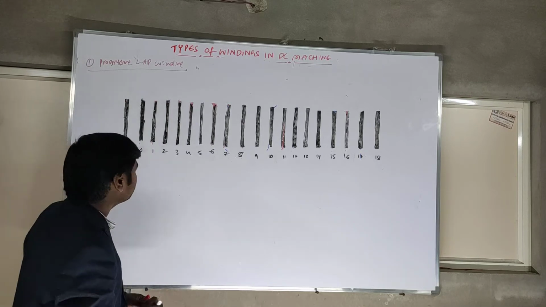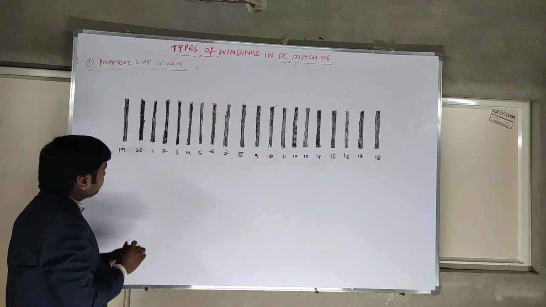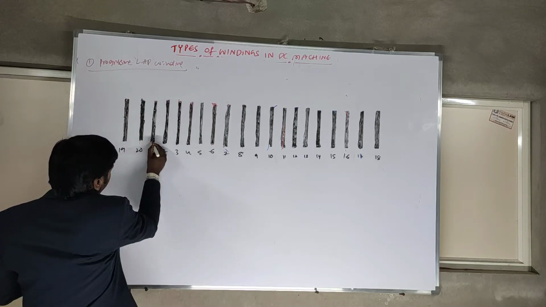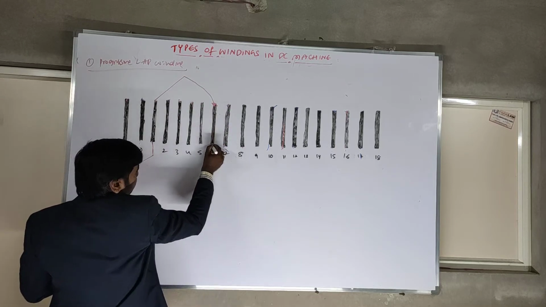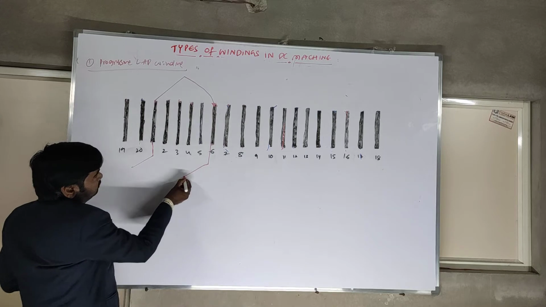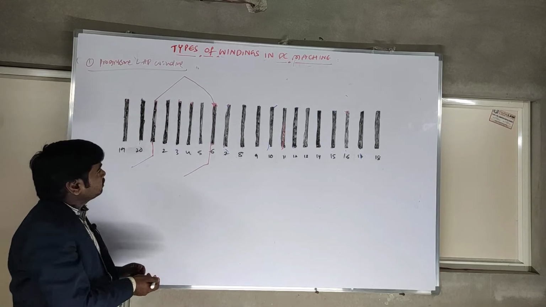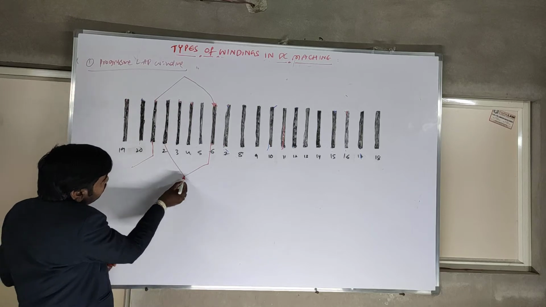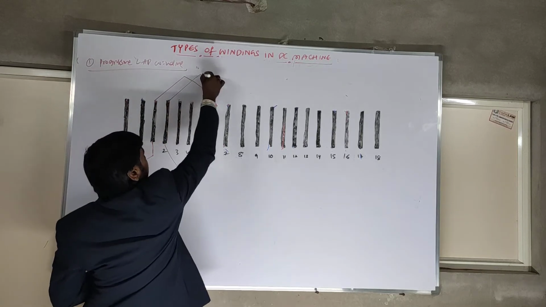Let us go for a general lap winding. I should say the first conductor. What is going to happen? How should we draw this one? The first link is going to a sixth conductor. The first turn is completed. After this, for the second turn, the second conductor, the second movement of the coil turn should connect in the forward direction. After the first, you connect the second. Like this, if you go,